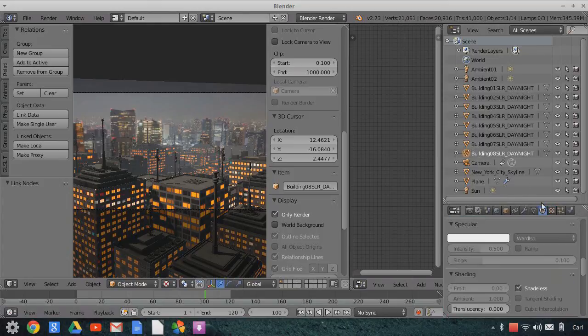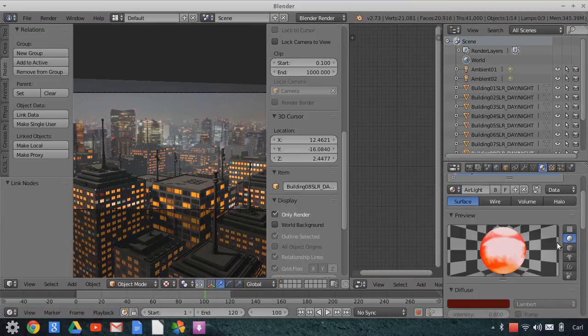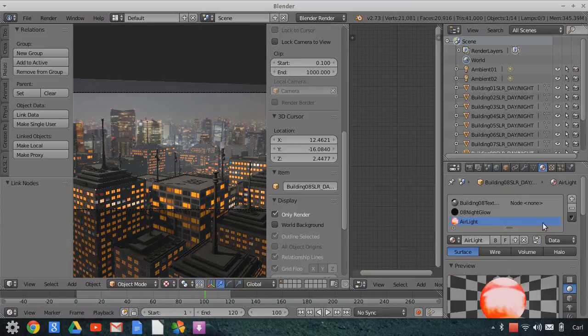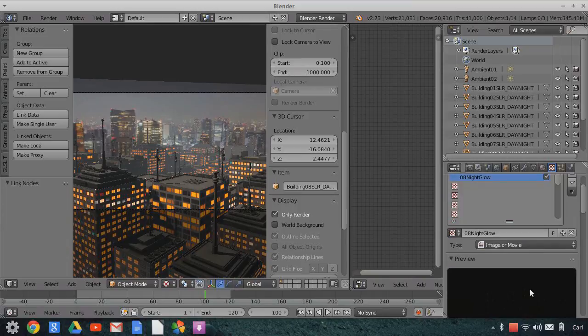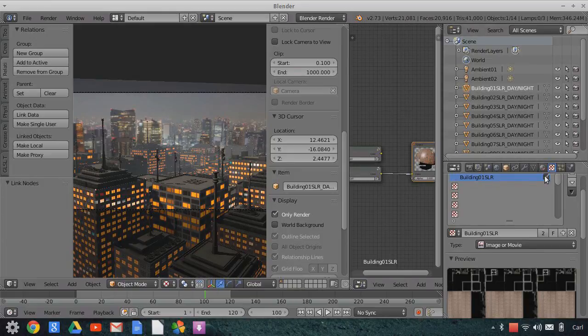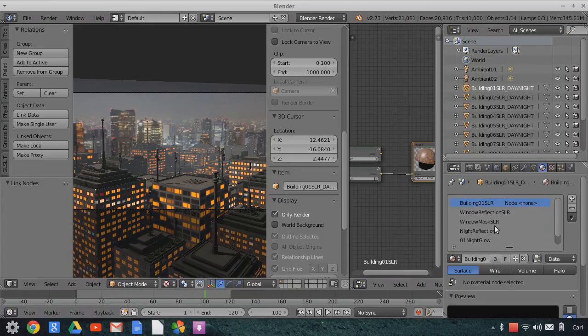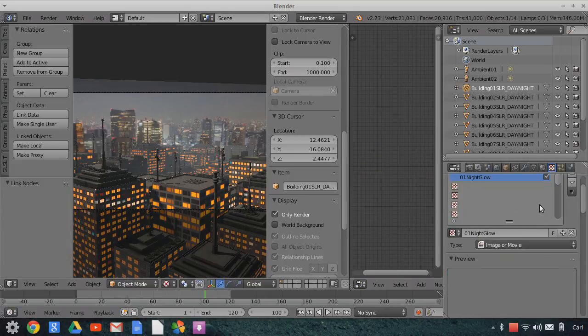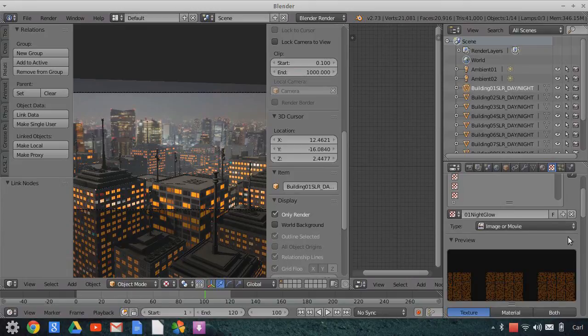And by enabling this, you can see that the lights, the air lights, will turn on for all of the buildings, because all of the buildings are using the same material. Now if we look at the windows here, the night glow, you can see what we can do is we can select the texture,